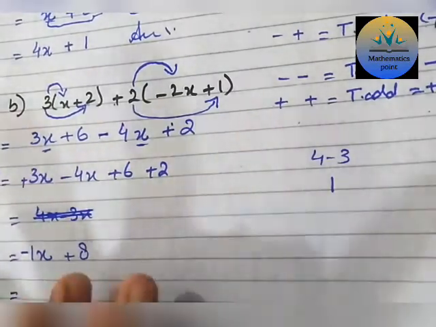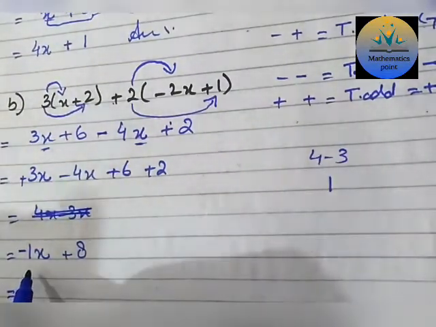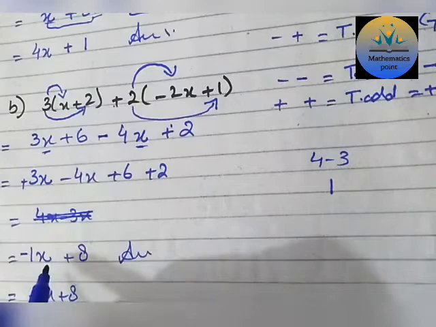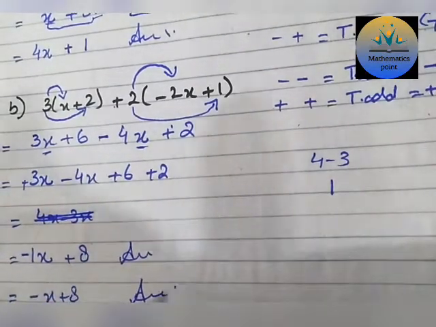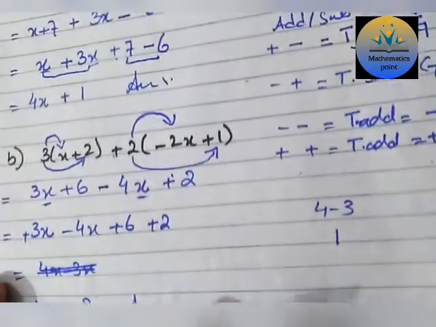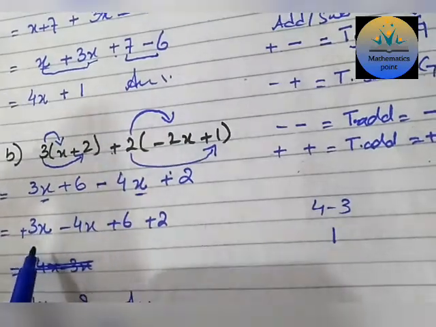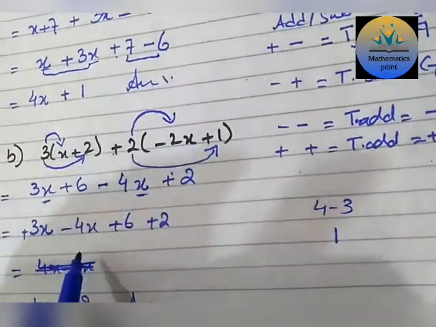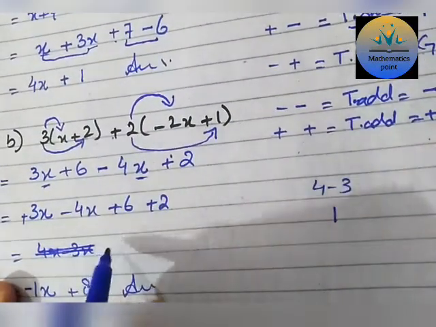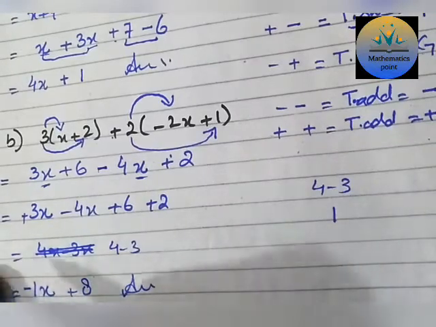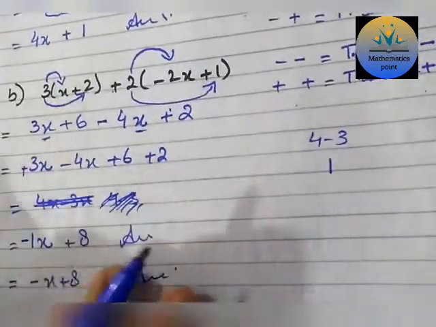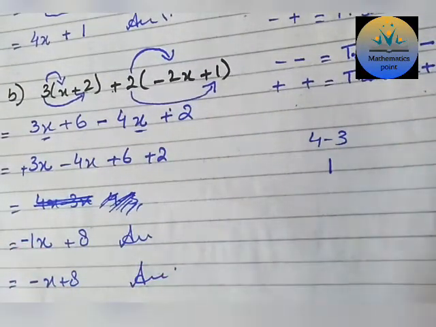Now it is fine with this answer, but mostly when we have the coefficient 1, there is no need to write it. But if you are in the practice of writing it this way, that will also be okay, don't worry about this. The main thing that I want to repeat here is that whenever you have this type of situation, where you have to subtract 3 from 4, as both the terms have opposite signs and they are going to be subtracted, never write down 4 minus 3 in the main working. No, you just write it in the rough work, because you can't change the sign in your own way. So that is part B.